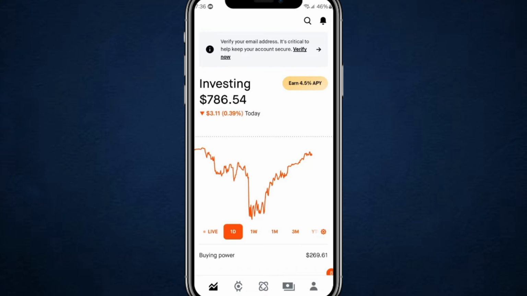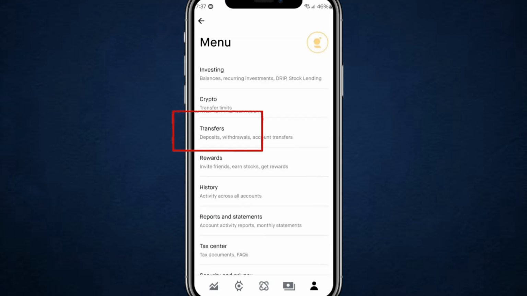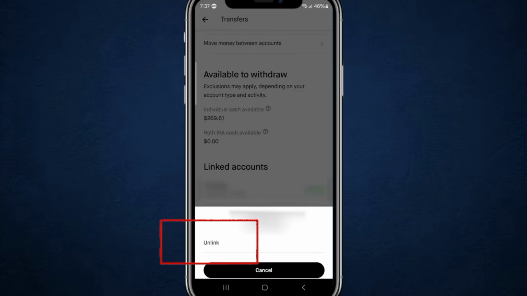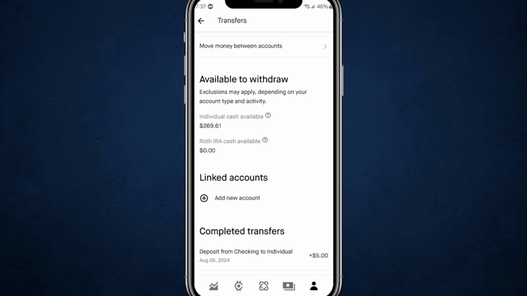If your bank account is older or wasn't linked through Plaid, you'll want to relink it to enable instant deposits. Go to Profile, then Menu, choose Transfers, and open Linked Accounts. Find your existing bank connection and unlink it. After that, tap Add Account, select Bank Account, and link it again using the Bank Account option that triggers the